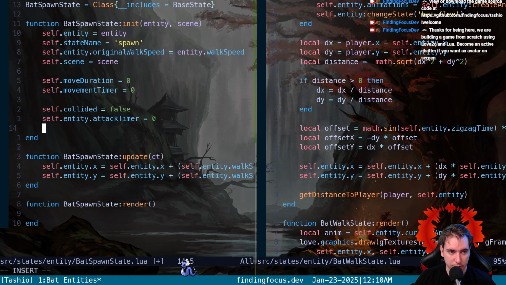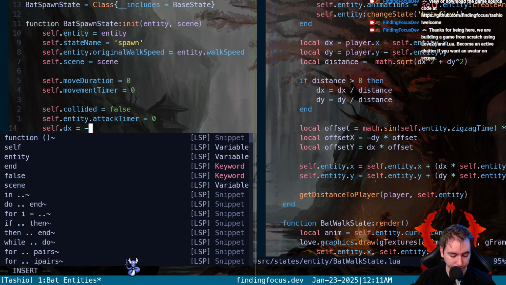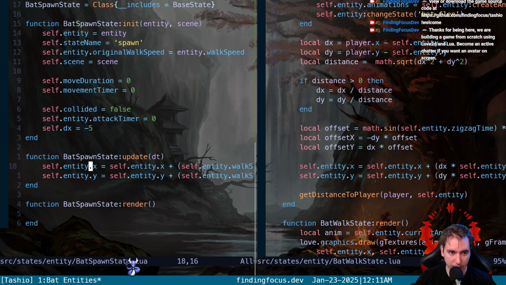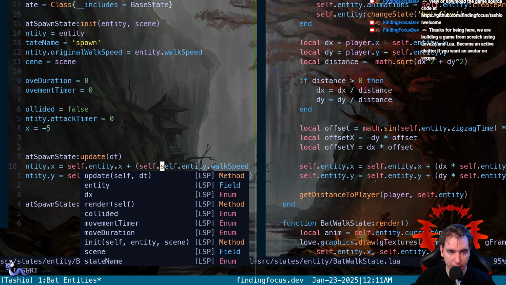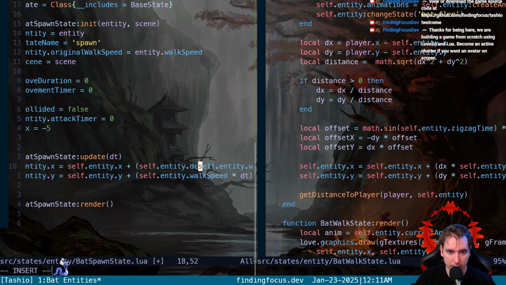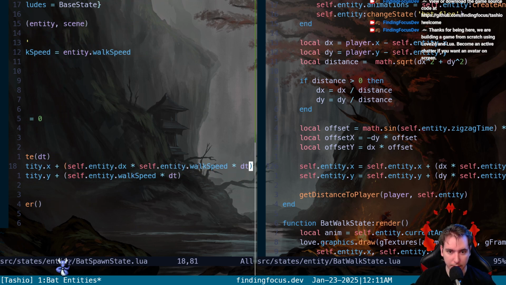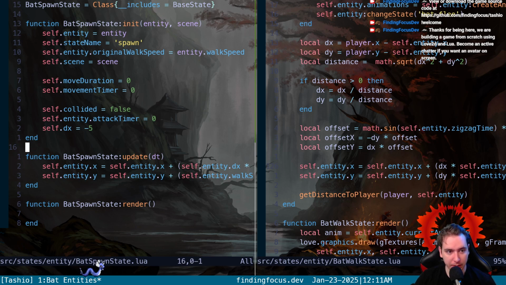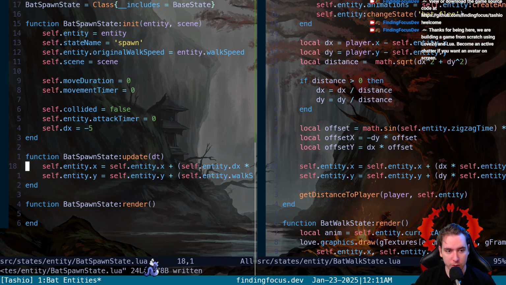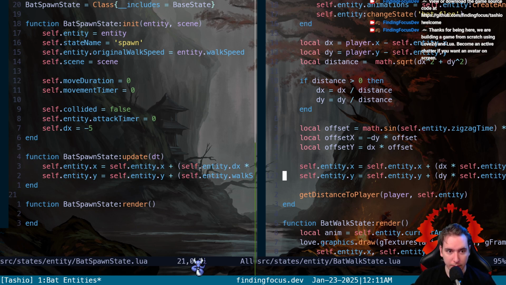So we can just set a dx here, like a negative 5 dx just for a test, and put our entity dx times our walk speed times delta time. So in a bat spawn state, we should have a negative dx because that's what we give it. And then when we update, we should be moving left because we're updating our x position by that negative dx value. Then we need to render,